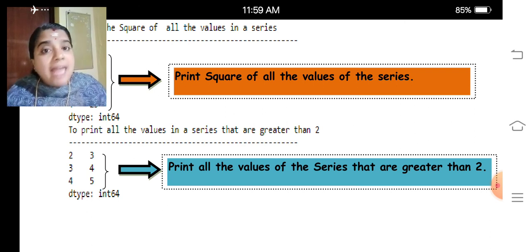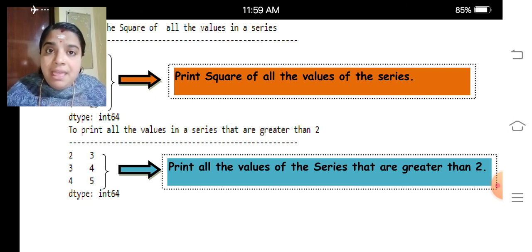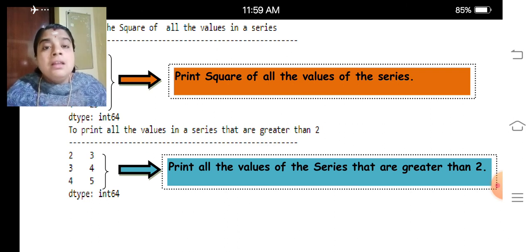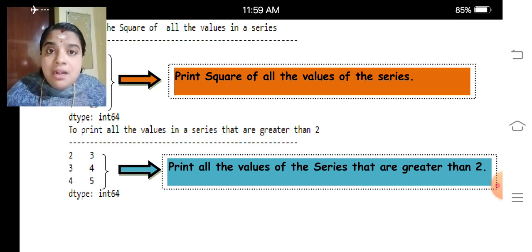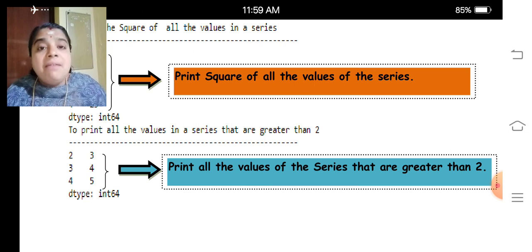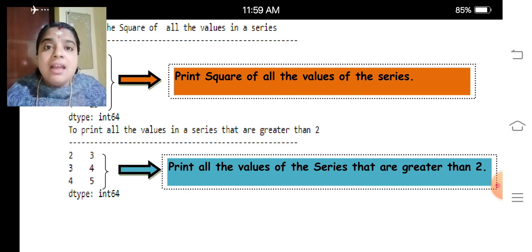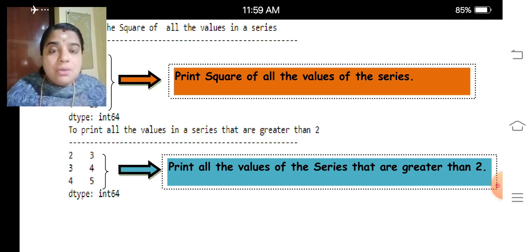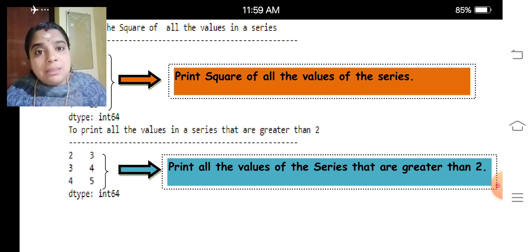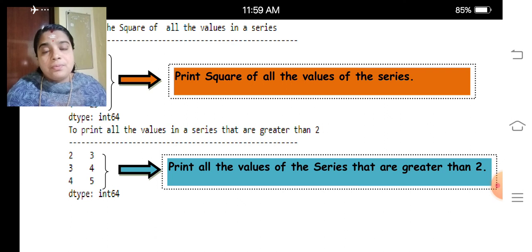That is, the type of the data items must be the same. The index is mutable in a series, whereas the values and the size are immutable. Indices we can change, whereas the values we are not supposed to change.